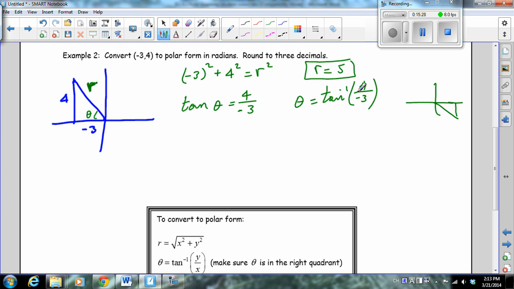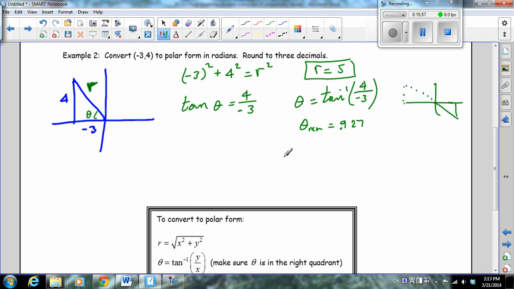Well, you can use your calculator at this point. So because you're looking for this angle, which is in quadrant 2, you're looking for this angle instead based on the picture. So you're going to find the angle and make sure you convert it back to quadrant 2. So you first look for the reference angle. The reference angle here is, you will get